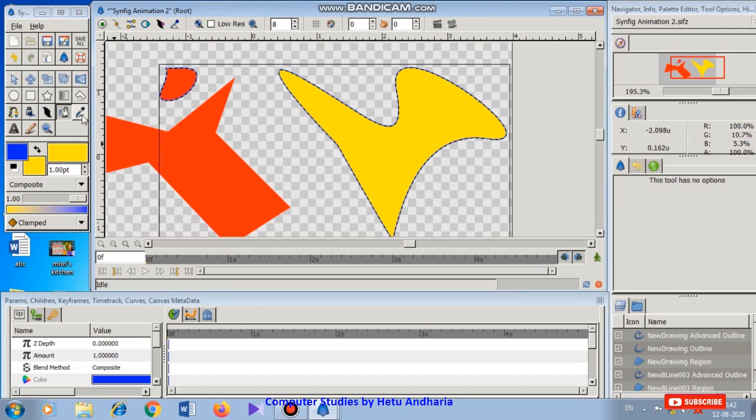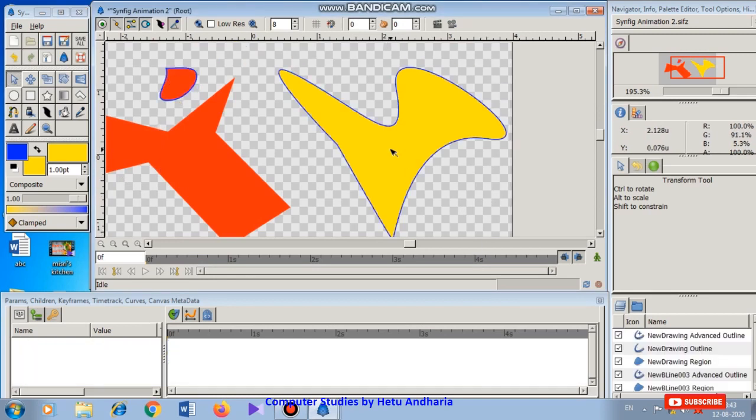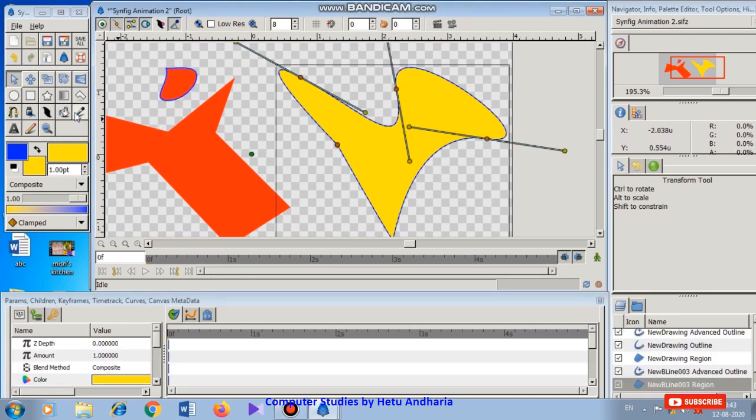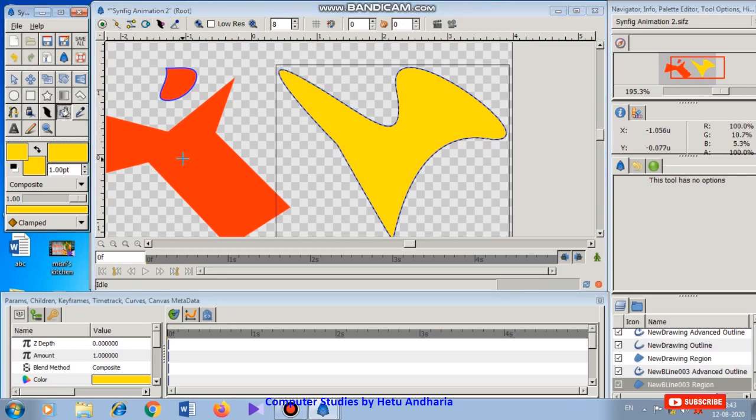Thereafter comes the eyedrop tool. For example, I have filled an awkward color here, and I want to copy the same color in this shape. Now I have forgotten the shade. Then how will I copy? For that purpose, I can use the eyedrop tool. Before that, I will have to select this shape. So I have selected this shape. Now I click eyedrop tool. I click here, so that yellow color will be filled in my brush, and then I select the fill tool and fill it in the other shape. So that was eyedrop tool.